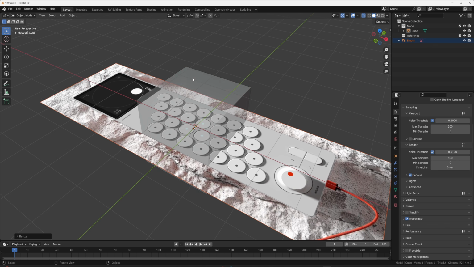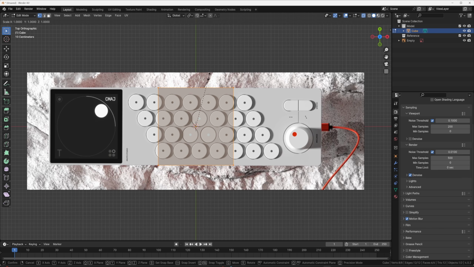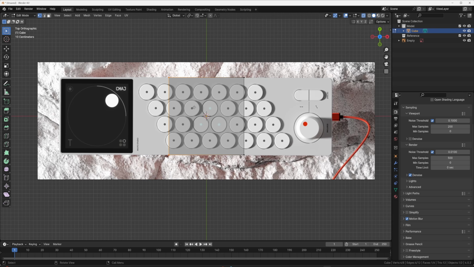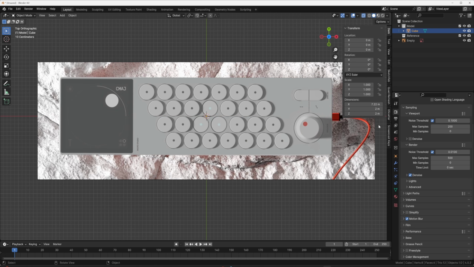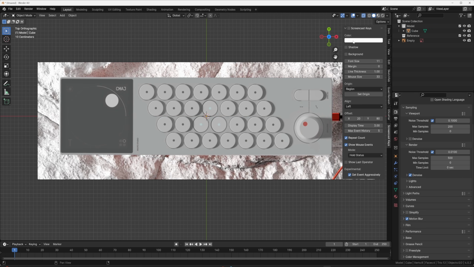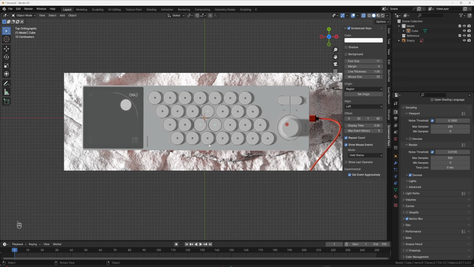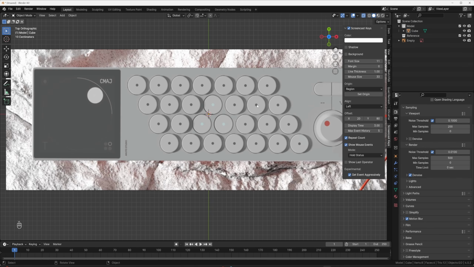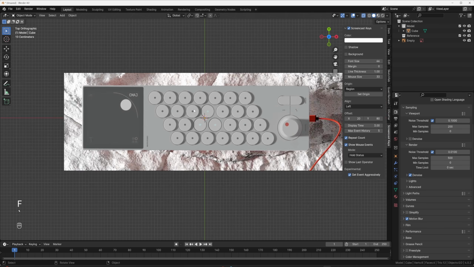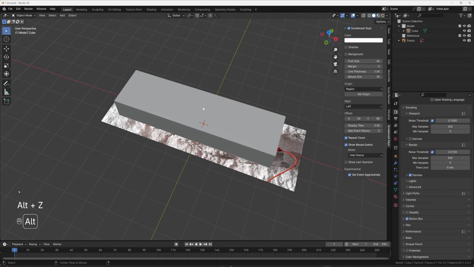So I'm going to now grab this cube, tab into edit mode, and then I'm just going to grab these vertices, GX, bring them over, GX, bring them over. And I need to turn on my screencast keys real quick. Sweet. Now screencasts are in the bottom. They look really small. Let me see if I can fix that. Okay. So now we have the cube to the right size.